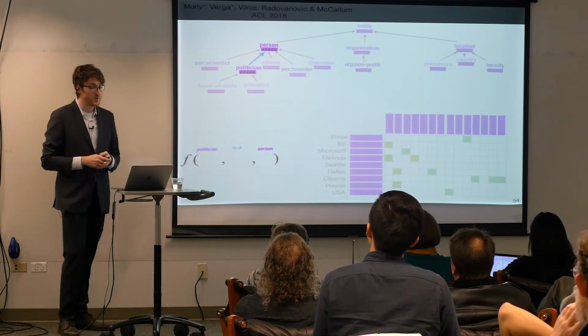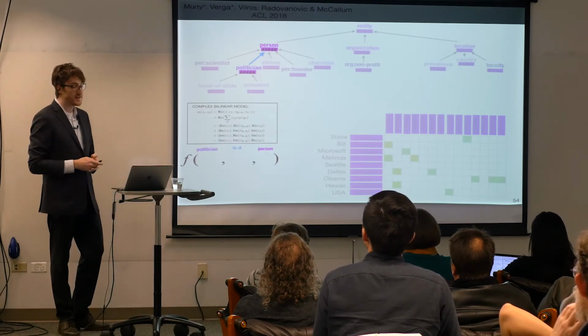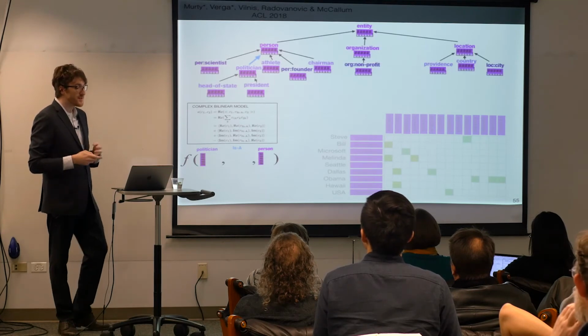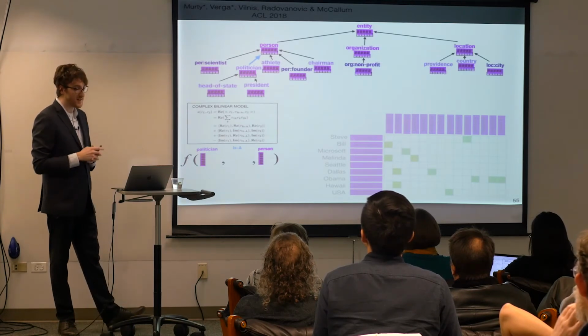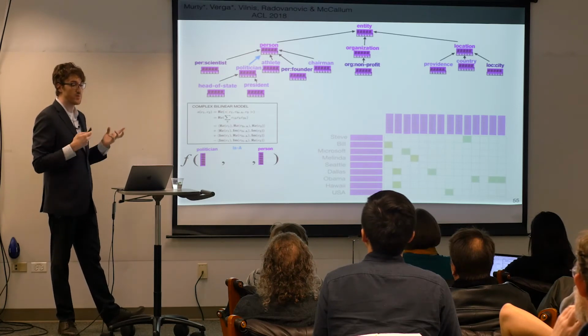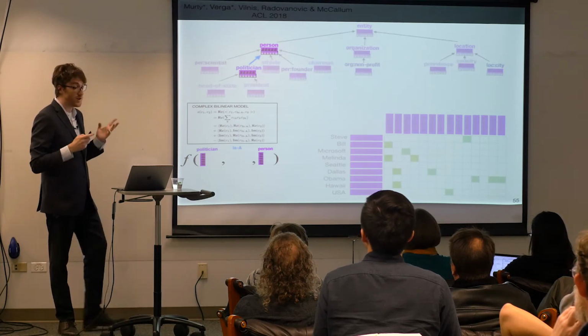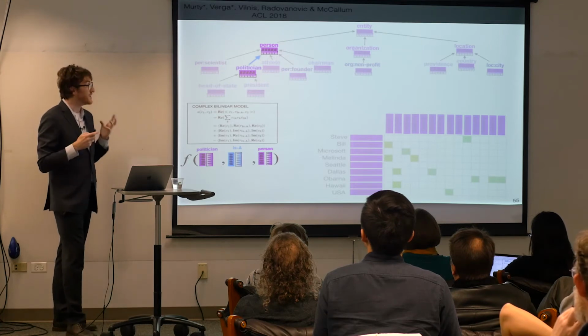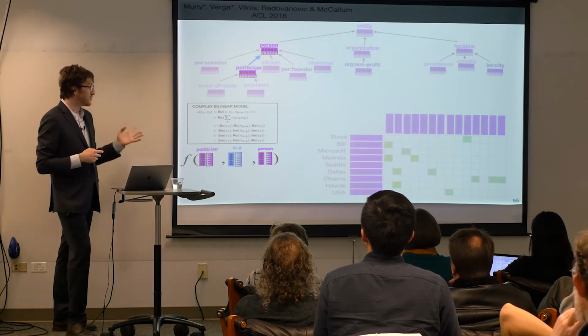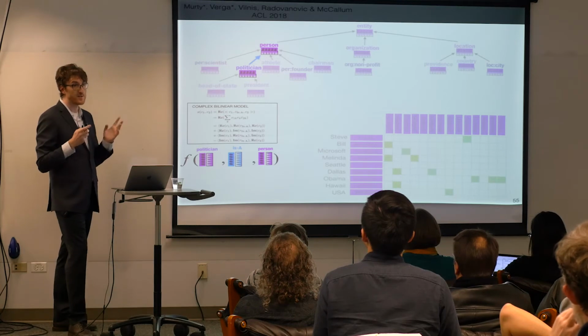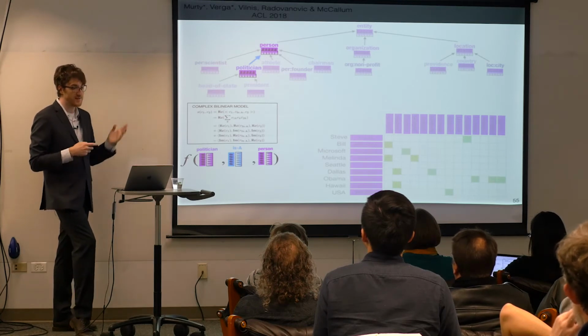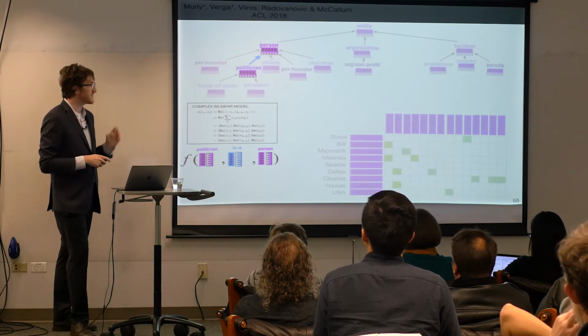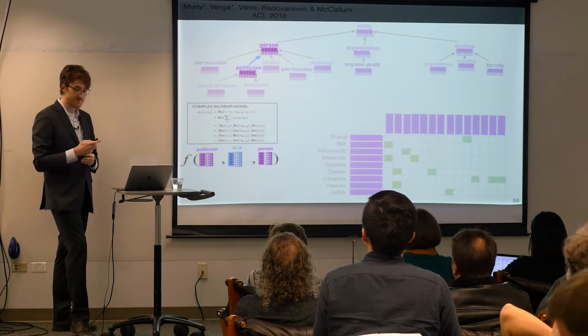The second function that we looked at was a complex bilinear. In this model, the types and the edges have complex valued vectors, and we can represent these as two vectors, one real and one imaginary. The overall hypernym edge score is just the Hermitian dot product between the two types. It is really just a dot product between complex valued vectors, and it is a way for us to model these asymmetric relationships.